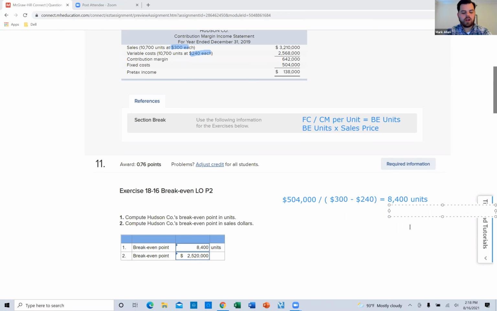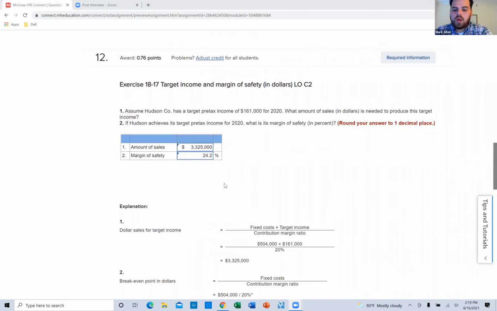And so that's all we're going to be doing as we work through this, just looking at different facts for this company, but mostly just moving that around a little bit. Now, number 12, assume Hudson Company has a target pre-tax income of 161. Nothing else changes here. Well, if that's true, then all we're doing is taking that same formula that we used a second ago, the 504,000 divided by our,